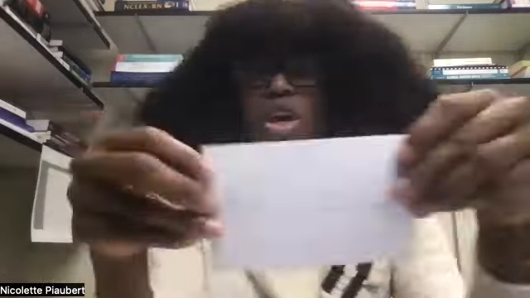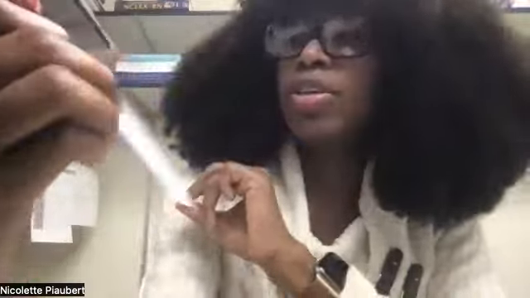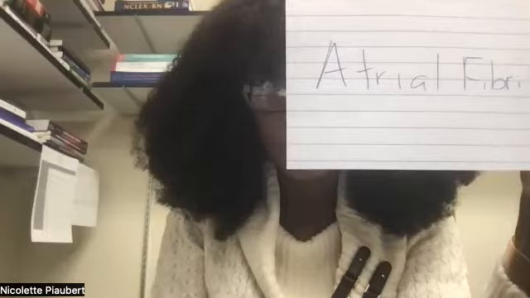Okay, let's talk about atrial fibrillation. What comes to mind when you think about atrial fibrillation? Disorganized rhythm of atrial contractions. That's right. And what is it? Coagulation issue. Yes, blood getting stuck and not moving out of the atrium.